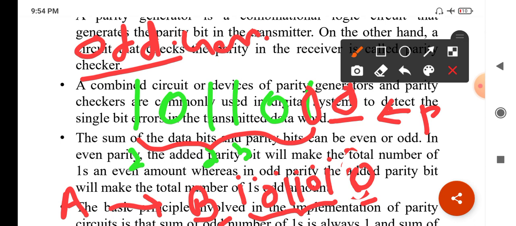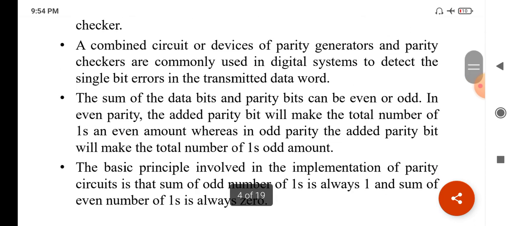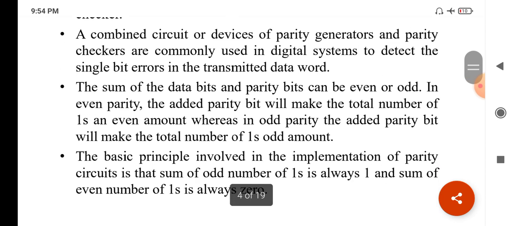Like this we can ensure that whatever data you have sent and whatever data you have received match. We have sent an even number of ones, but you have received an odd number of ones.